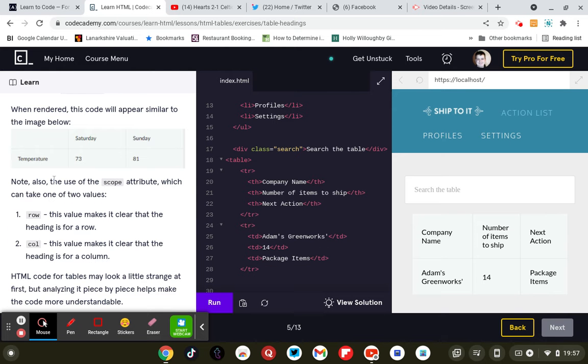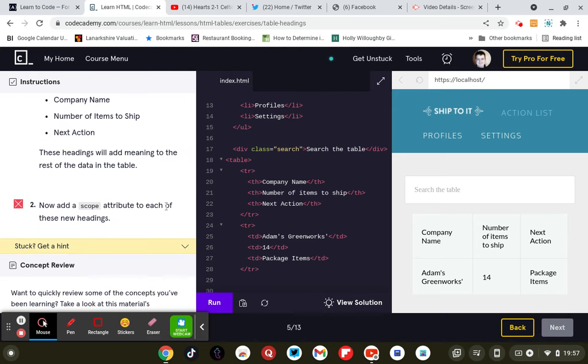Moving on to the second bit. So now add a scope attribute to each of